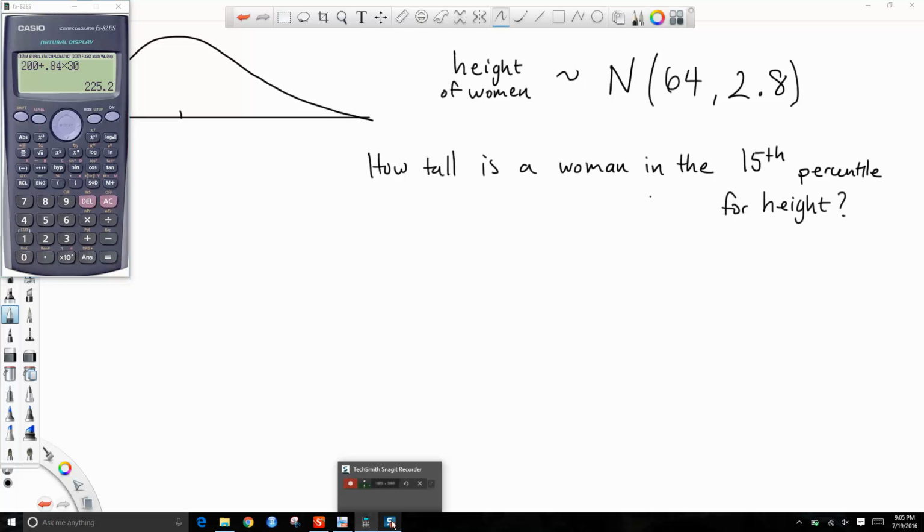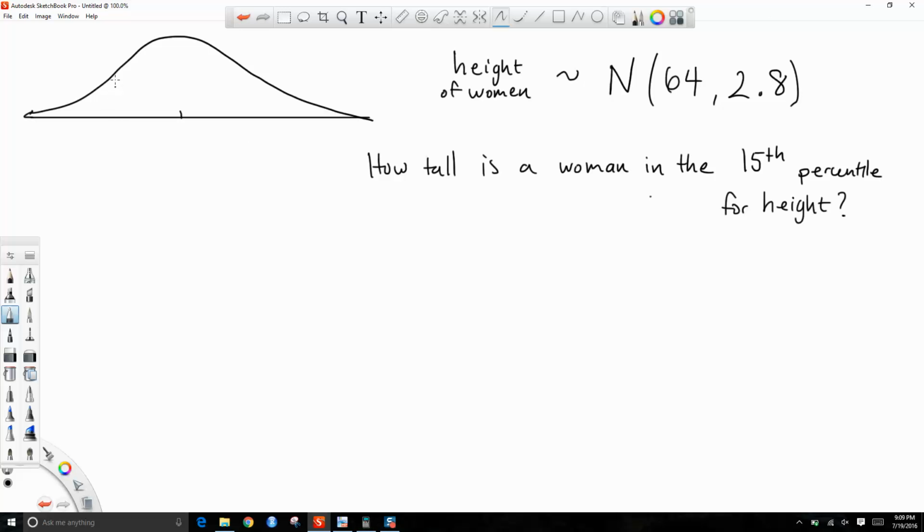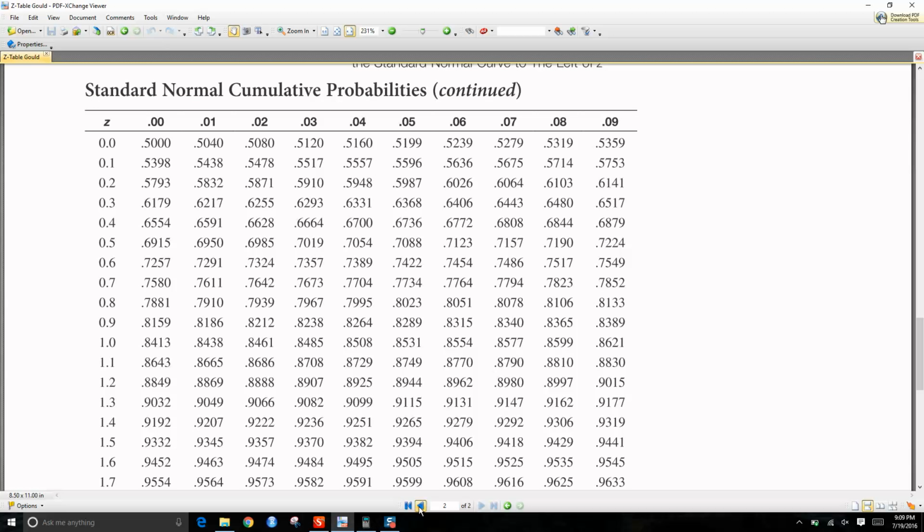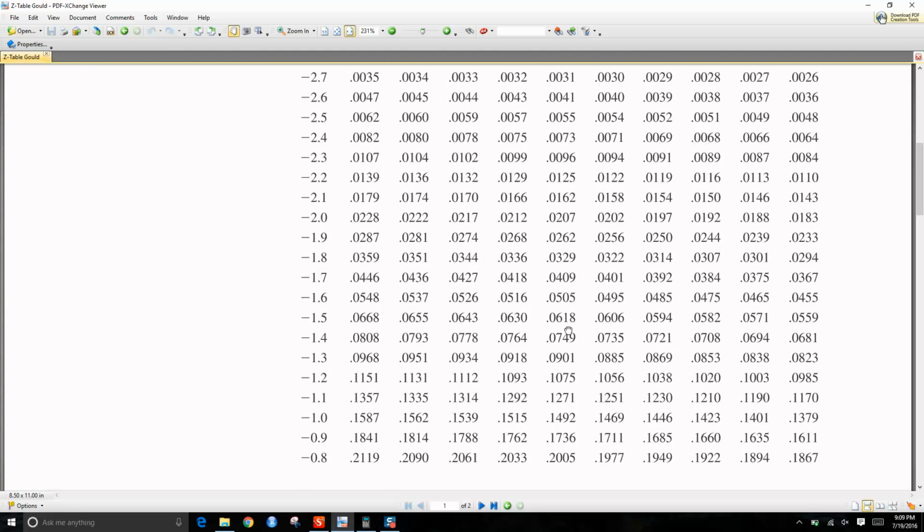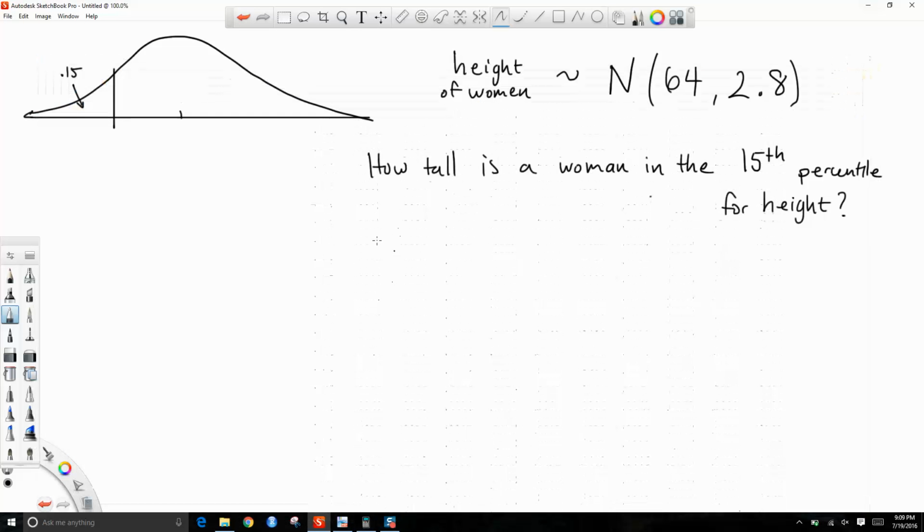See what happens. Let's take a look. So we want how tall is a woman in the 15th percentile? So we're going to draw a line right here, and we want 15%. Okay, so we're going to look up the value in the table closest to 15%, and the number we find is 0.1492, right? I think that's the number that we find that's closest to 15%. I think a lot of you guys got this far in the table. Okay, so we find 0.1492, and when we look at that, we see